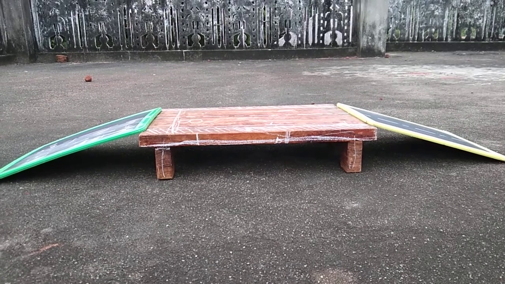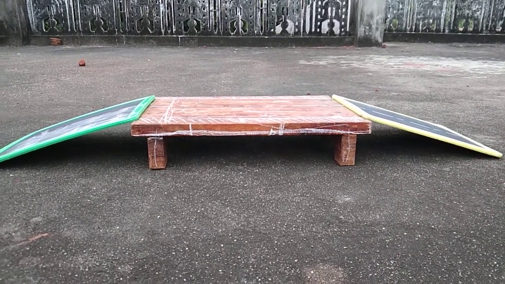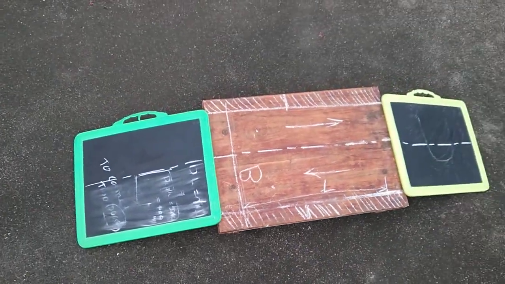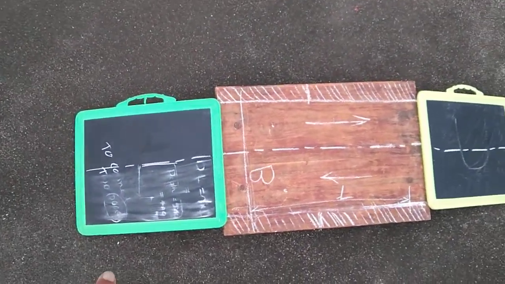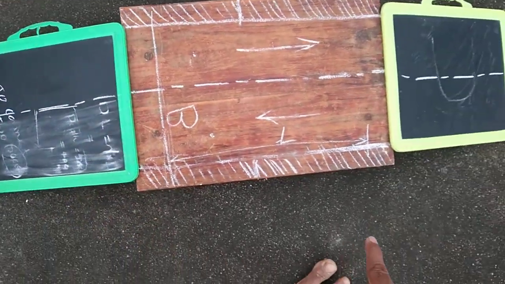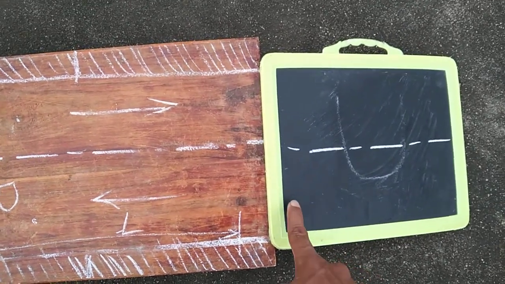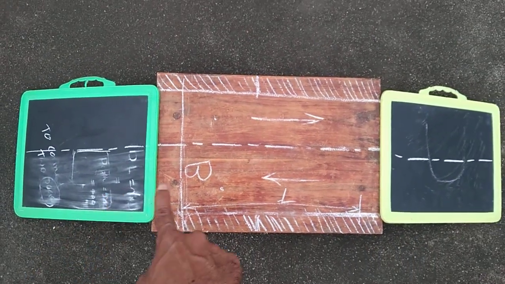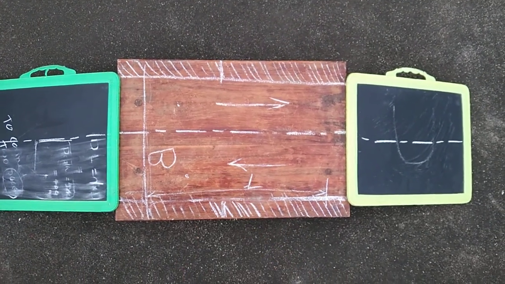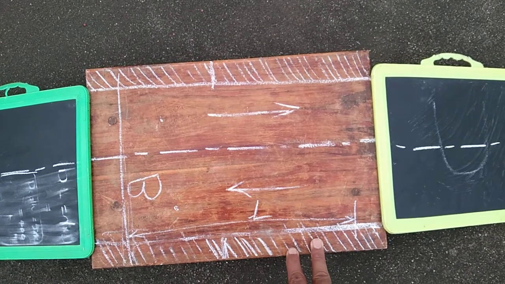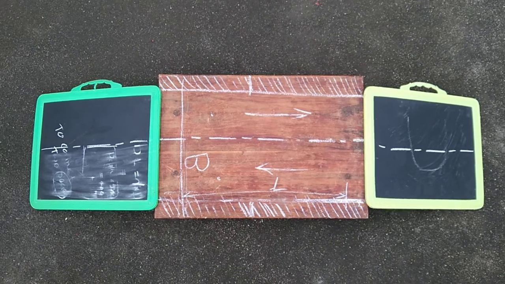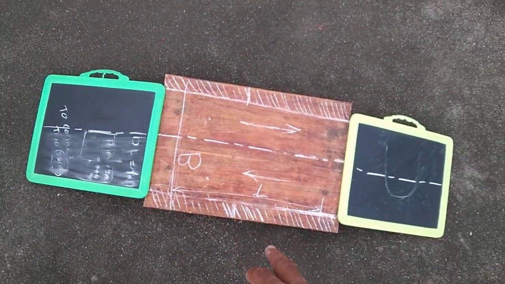Demo session of bridge engineering. So I want to show you, this is one approach road. This is a bitumen pavement. Let us assume this is bitumen pavement. This is another approach road. To connect these two approach roads, we are using a bridge structure here. We are constructing a bridge structure here. This is a bridge. This is a top view of the bridge. This is a two-lane road bridge.